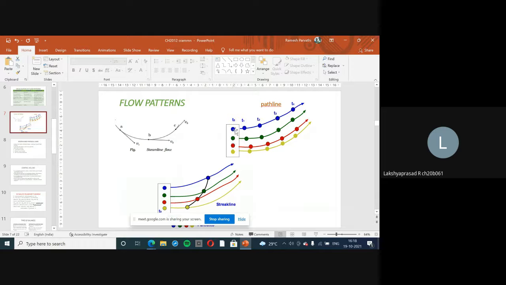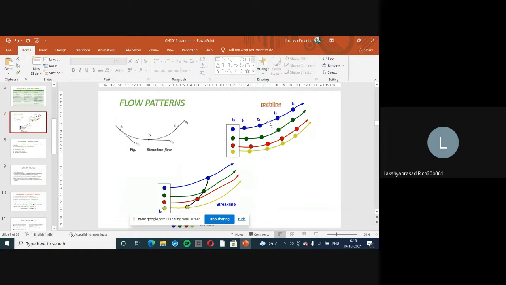These are four different fluid particles. Let us focus on one of them, the blue one. We record a video, where T0, T1, T2 are the time instances. We take a video of this particle which is moving along this path. So this is the path line of this blue particle, and so on for green, red, and yellow. Since we are following a particular particle, it should be easy to understand that this is a Lagrangian concept, because we are marking a particular particle, following it through, and drawing its path line.